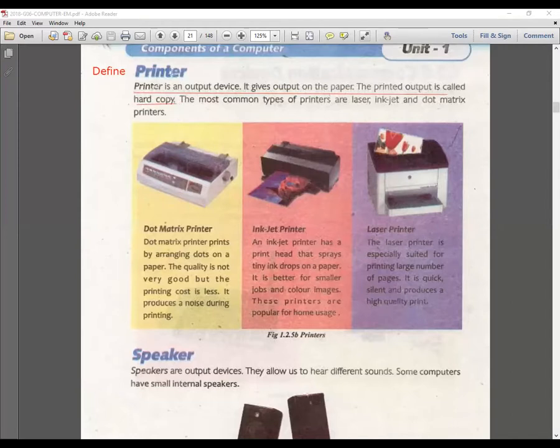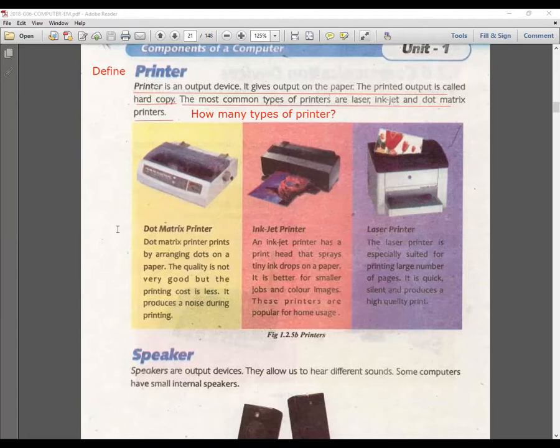Okay, and then here you have to write the question, how many types of printer. I am underlining the answer. The most common types of printers are laser, inkjet and dot matrix printer.